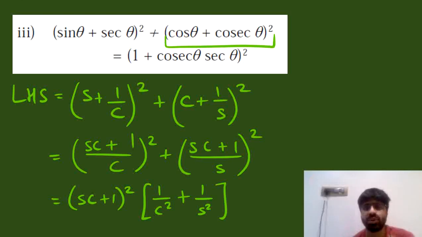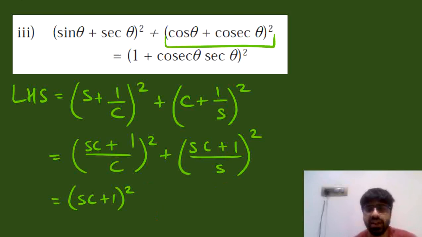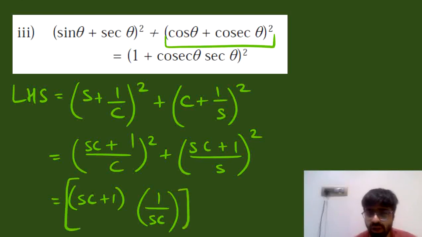You can just add up the two terms by simply cross multiplying them. That is, this would become sine square theta plus cos square theta divided by sine square theta into cos square theta. Sine square theta plus cos square theta is 1, and we can write this sine square theta into cos square theta as 1 upon sine theta cos theta, the whole square. Now, because these are two squares, we can actually club the two terms into one term only. So we can say that this entire thing is basically sine theta cos theta plus 1 into 1 upon sine theta cos theta, the whole square.